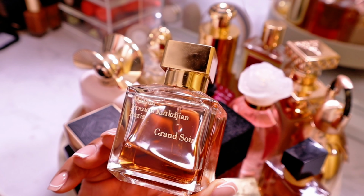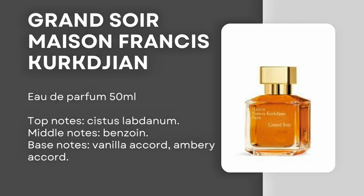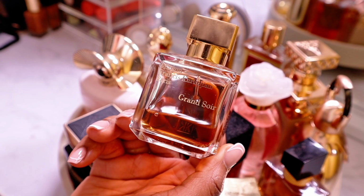There is Spanish labdanum. There is orange in the top. There's lavender. There's benzoin in the middle. There's amber, vanilla, tonka bean, musk, and cedar. I know this is a crowd favorite, and I'm looking forward to getting wear out of it before the